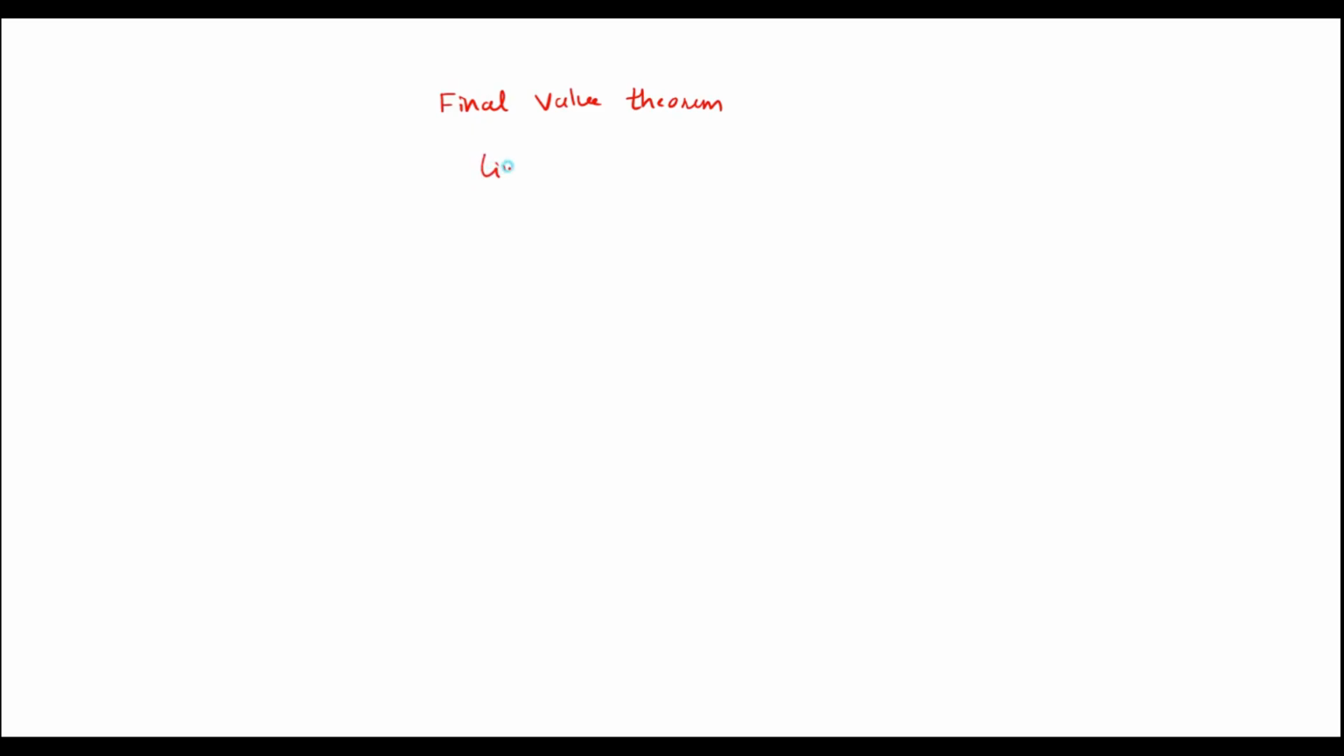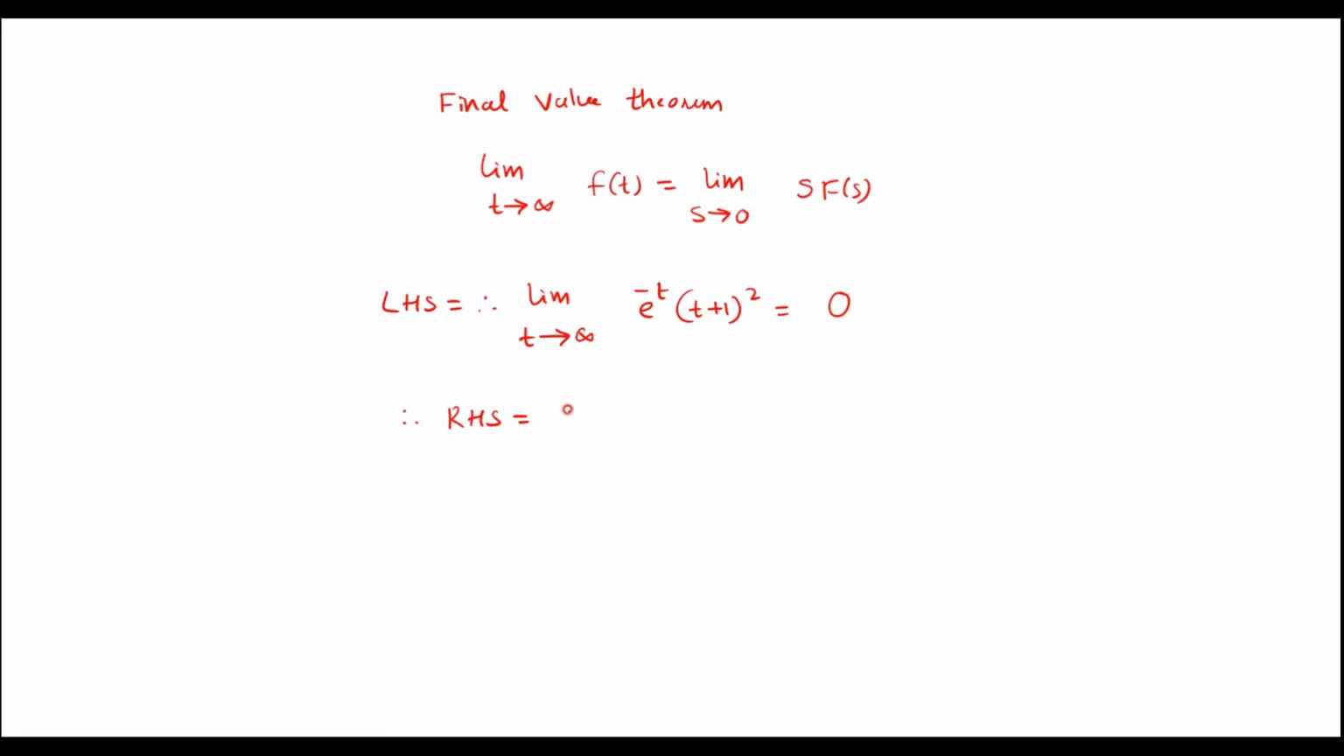So it is given by limit t tends to infinity, f of t is equal to limit s tends to 0, s f of s. So therefore I can write limit t tends to infinity, the given function is e power minus t, t plus 1 whole square is equal to e power minus infinity, value is 0, so this entire term will be 0, which is nothing but LHS. So similarly RHS will be equal to limit s tends to 0